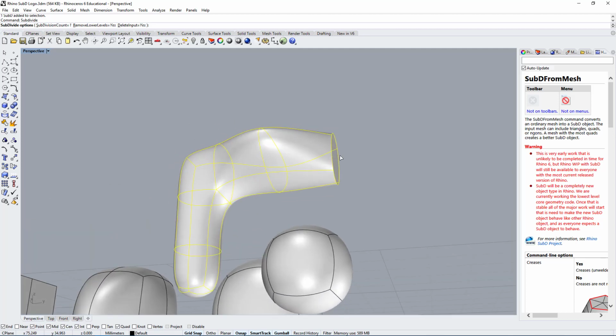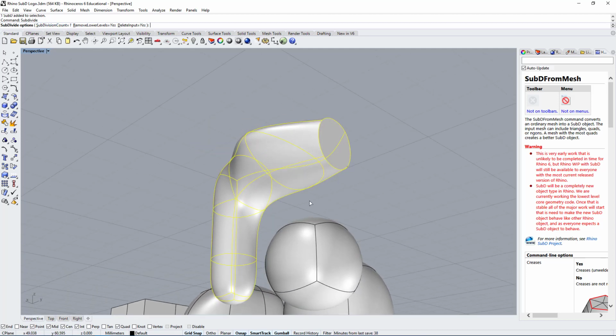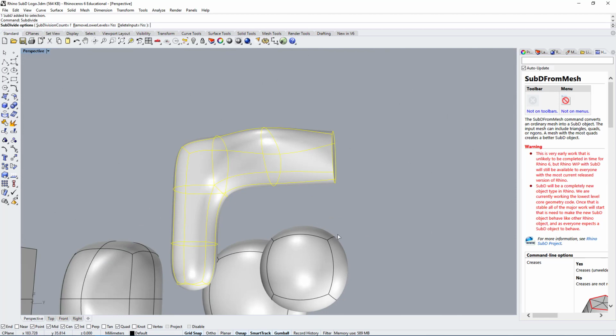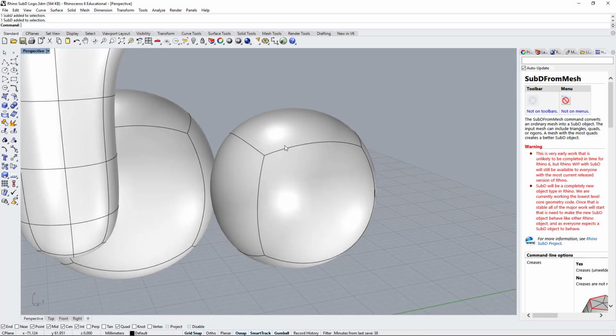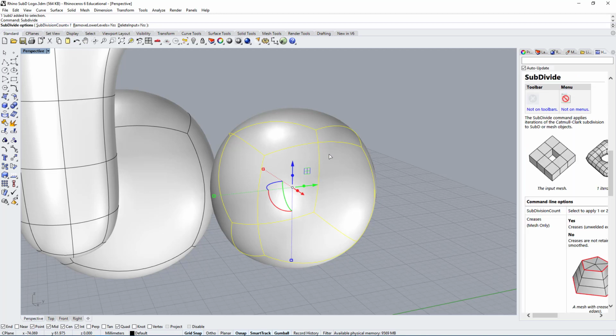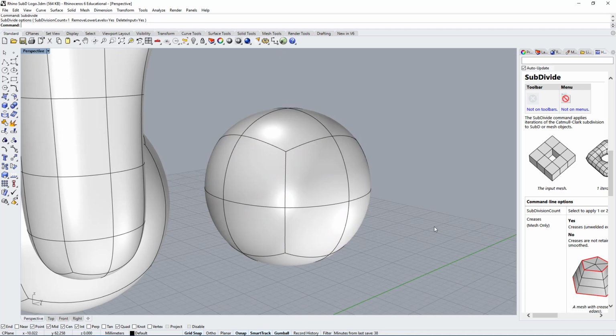Subdividing means adding more mesh density, which, as I said before, helps you get more control. So if we subdivide it one time, we will get twice as many of a mesh. Every time you have these four-sided outlines of a mesh, or in this case of this object, this subd, if I use the subdivide, I will get them split into, basically one will become 4, alright? It's a halfway point, but on both the U and the V orientation. So this is what I get.